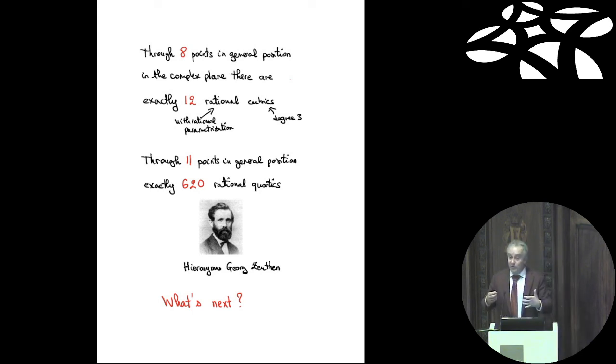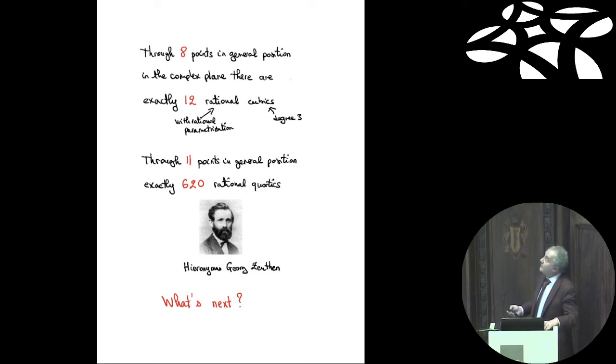I mean, you can describe plane curves by parameterization. So x of t, y of t, and you ask that as functions of t, x and y are rational functions of t. So for instance, you know that the circle has a certain rational parameterization. It's 2t over 1 plus t squared, 1 minus t squared over 1 plus t squared. Okay? In degree 2, everyone has a rational parameterization, but from degree 3 on, it's an additional condition.